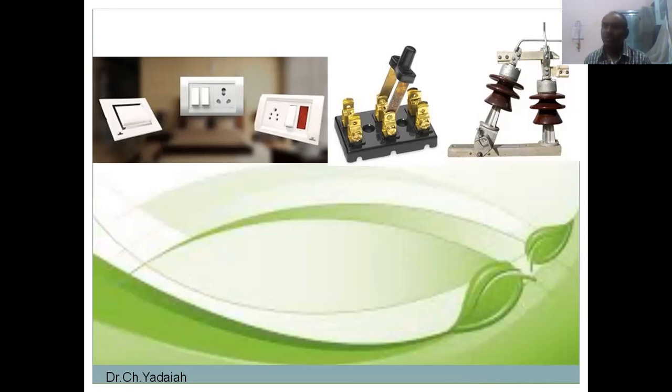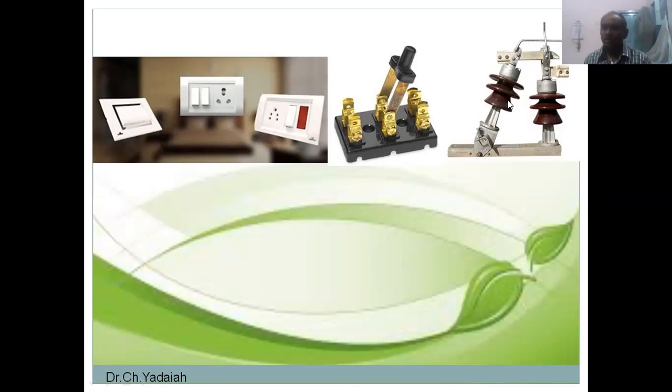But what will happen? At the time of opening and at the time of closing, there is a possibility that an arc occurs between the moving contacts and the fixed contact. Here is a fixed contact, this is a moving contact, and this moving contact can be operated using a lever mechanism. Once it is opened, an arc may occur, and this arc may melt the tips. Hence, AB switches are designed in such a way that they have the making and breaking capacity at the terminals.